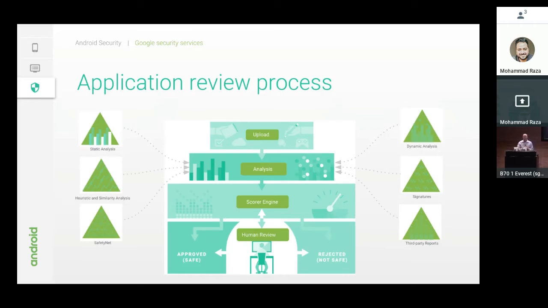At that point, we're looking for behaviors maybe that change over time, et cetera, or behaviors that happen initially. And then from there, heuristic and similarity analysis. This gets into where artificial intelligence fits into the Google Play Protect analysis. But what we're looking for is behaviors out of this app that are similar to behaviors that we've seen before. So